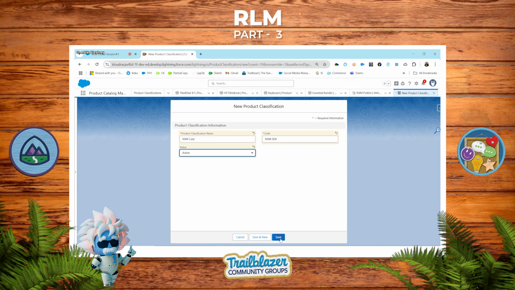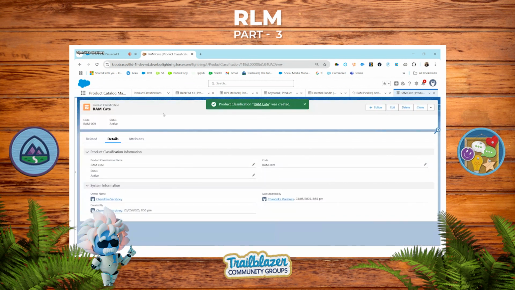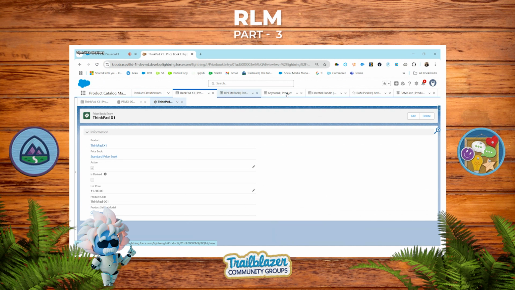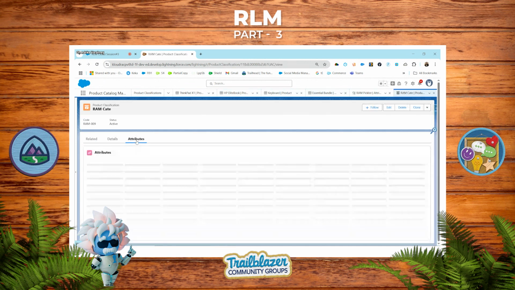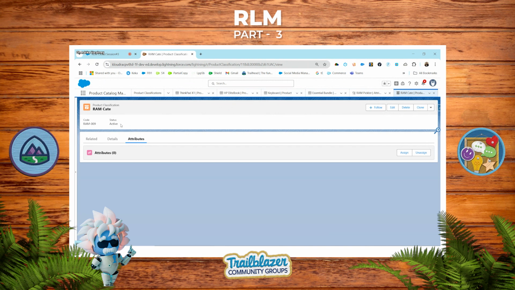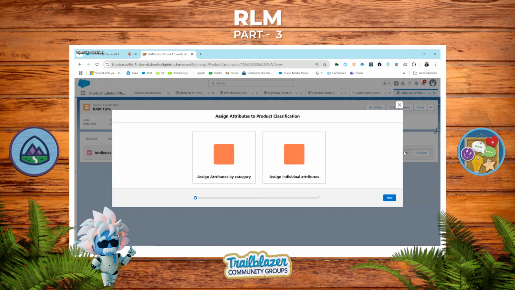Make it active. So now come to this product classification, and in related we have to come under attributes and assign the RAM pick list value here.